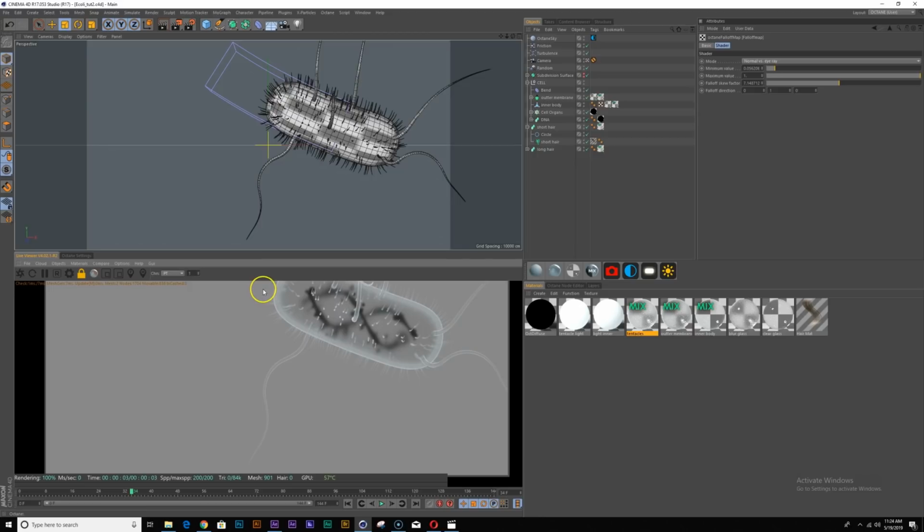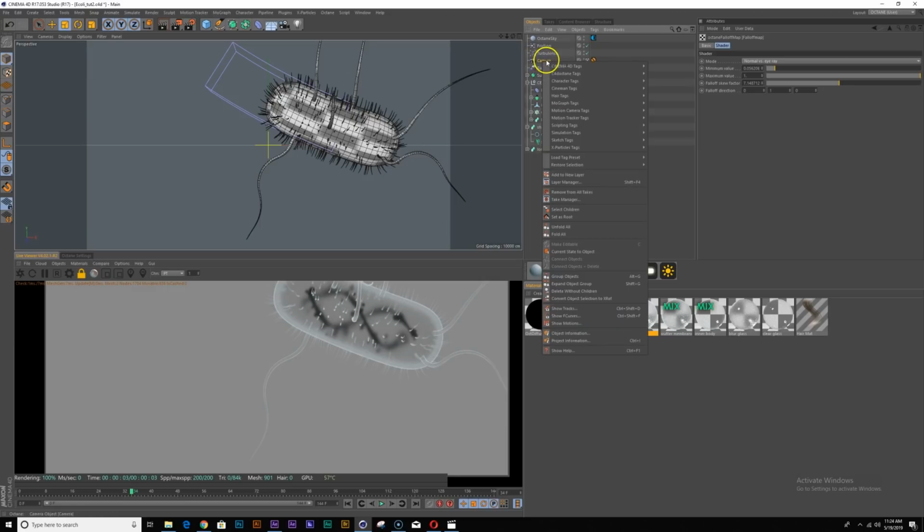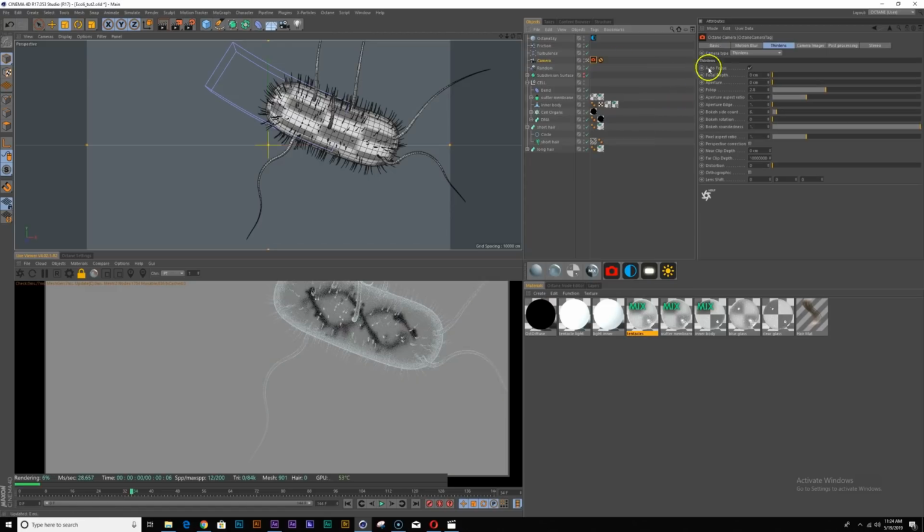So at this point, I'm just gonna render out this sequence. But before that, though, let's do something else. Let's add an Octane camera tag to my camera.